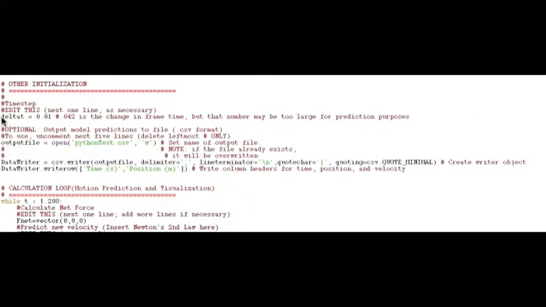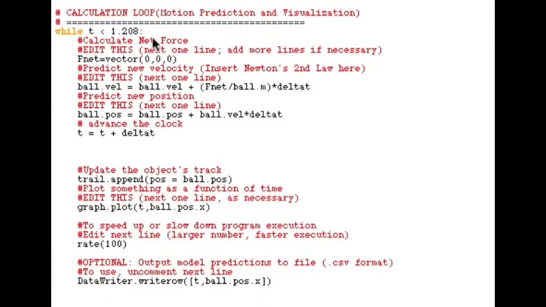For the other initialization, I left delta t equal to 0.01, even though my change in t per frame was 0.042, simply to get a more accurate prediction. To store the data calculated in the Python code, I uncommented several lines that would output a CSV file of this data. The end time in the movie was 1.208 seconds, so for the loop in the code, while t